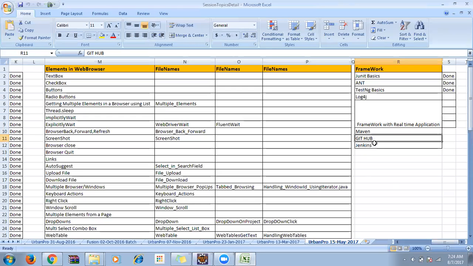So it's a very easy concept. I'll explain it to you in a detailed way. Jenkins is actually an integration tool. We will be scheduling it so that every day morning we run the builds, and every day night we run the automation code, finally prepare the report, and then send a mail